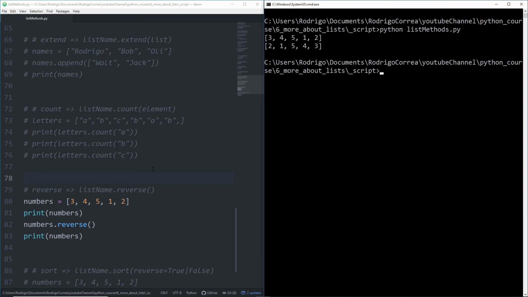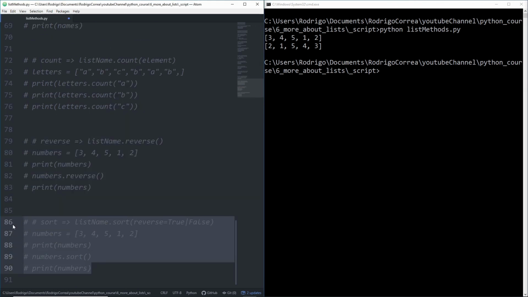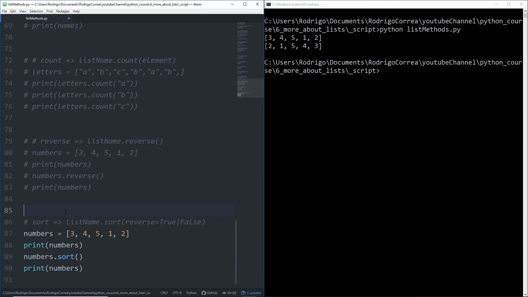Perfect. But now, what if I want to sort that list? For that, we use the sort method. Let me just uncomment the sort method. And we have again the numbers list, which contains 3, 4, 5, 1, 2, and we want to sort it. Remember that by default, the sort method is going to rearrange the elements in ascending order. If I save it and run that script, you see that my original list is 3, 4, 5, 1, 2, and now we get 1, 2, 3,